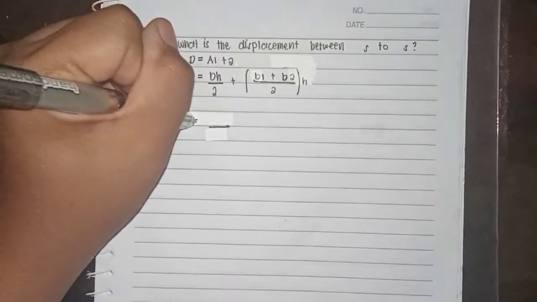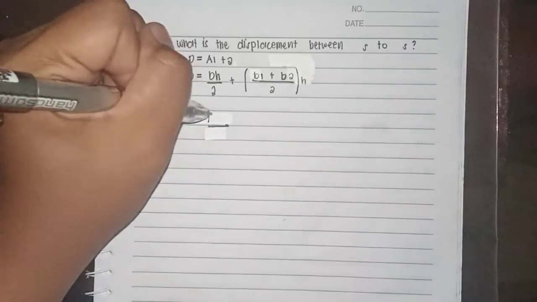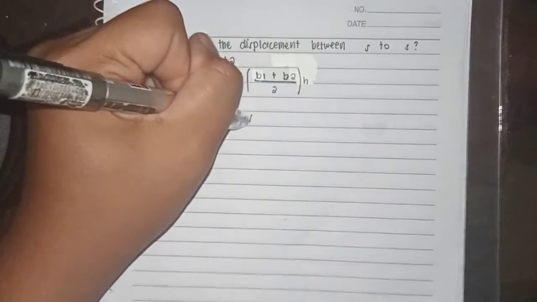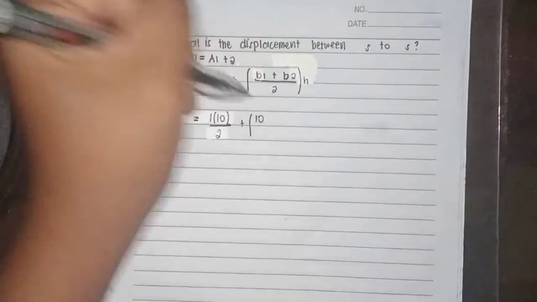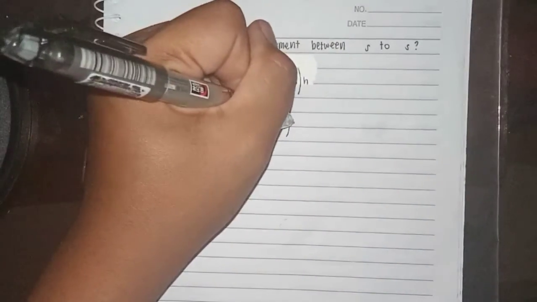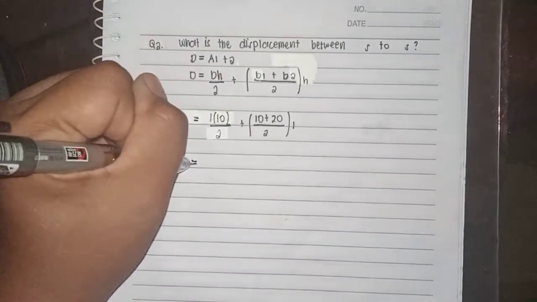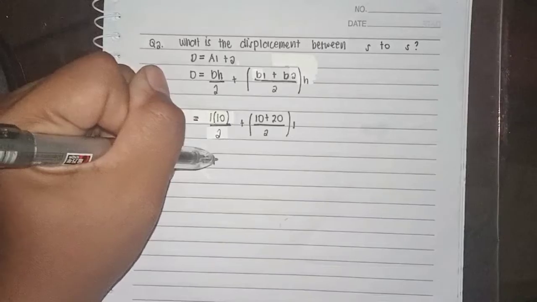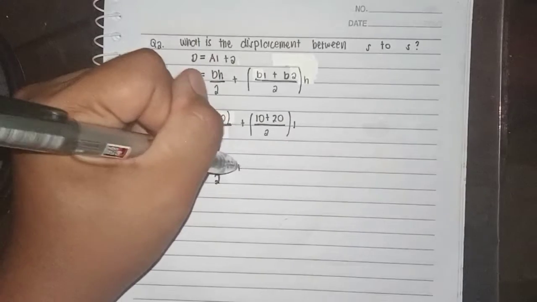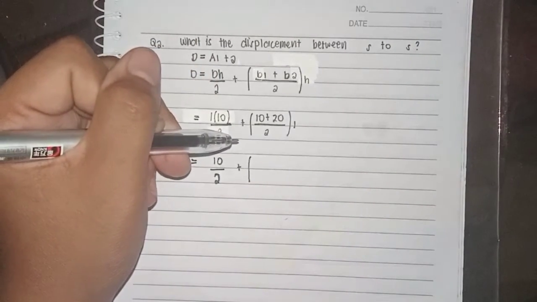So our base is 1. And our height is 10 over 2 plus our base 1 is 10 plus our base 2 is 20 over 2, and our height is 1. 1 times 10 is equal to 10 over 2 plus 10 plus 20 is equal to 30